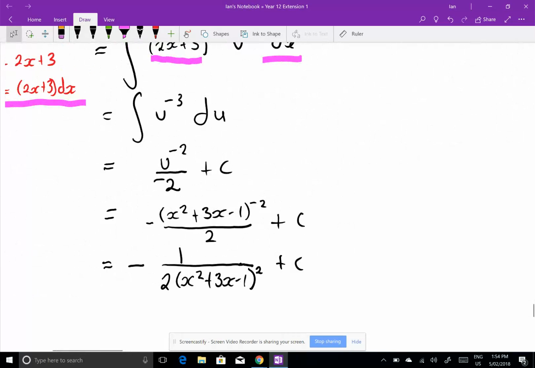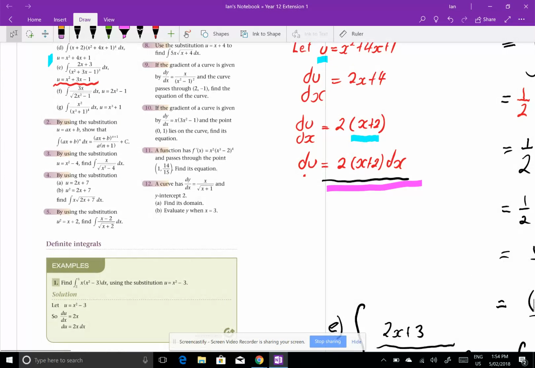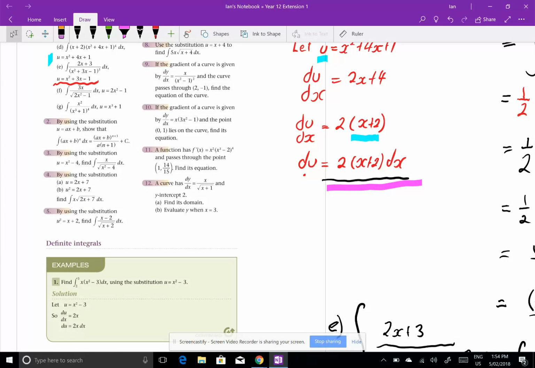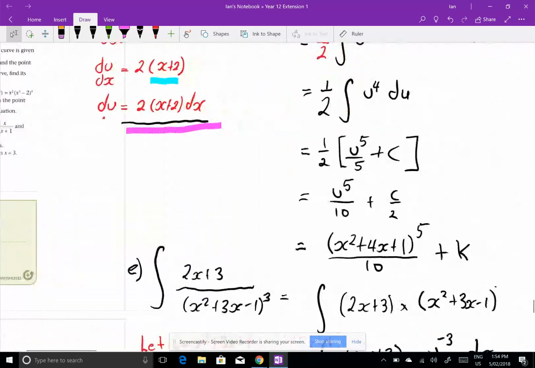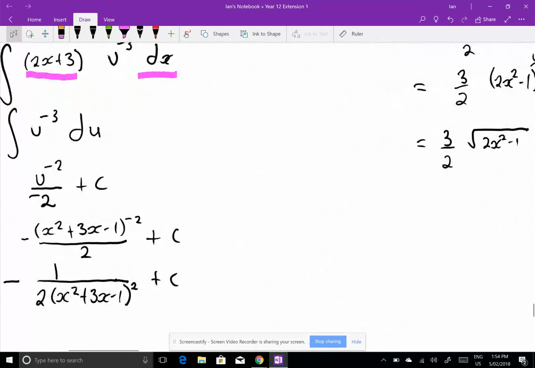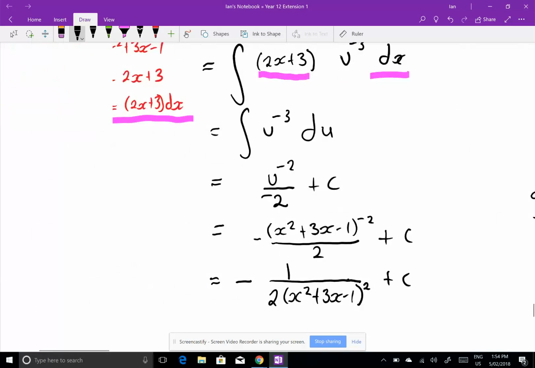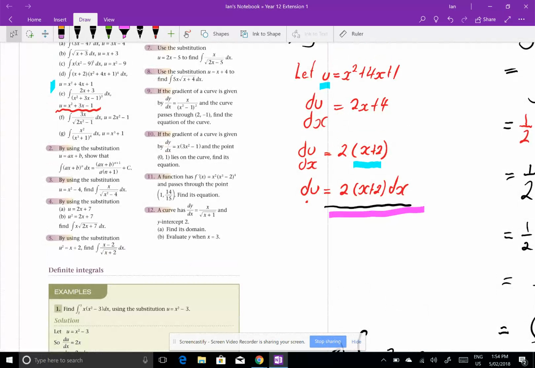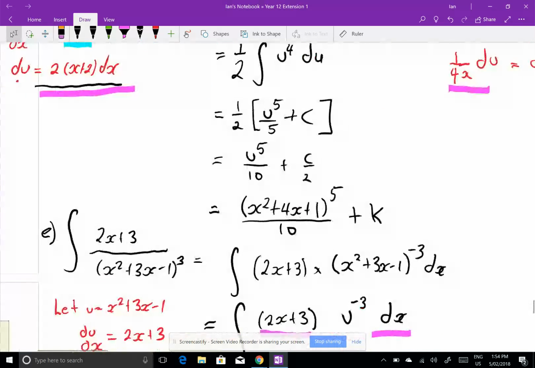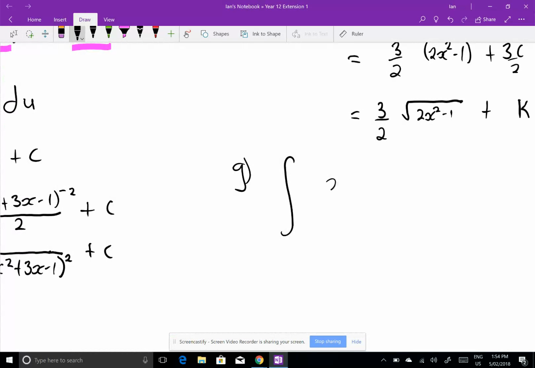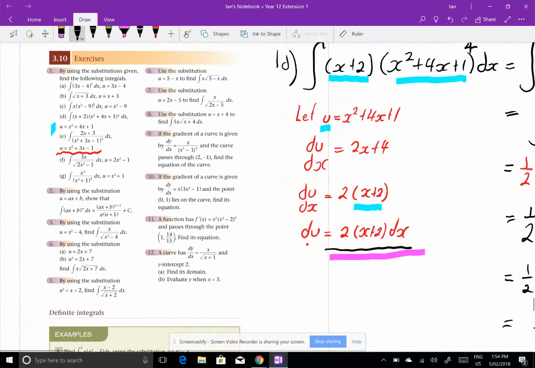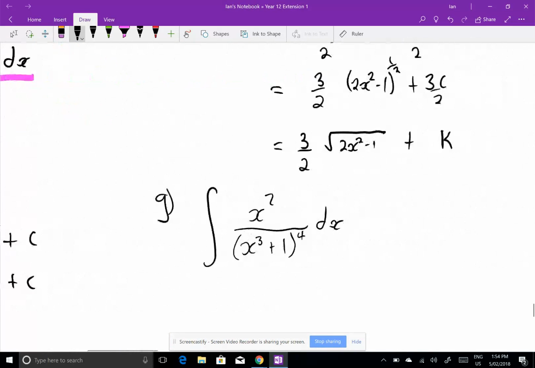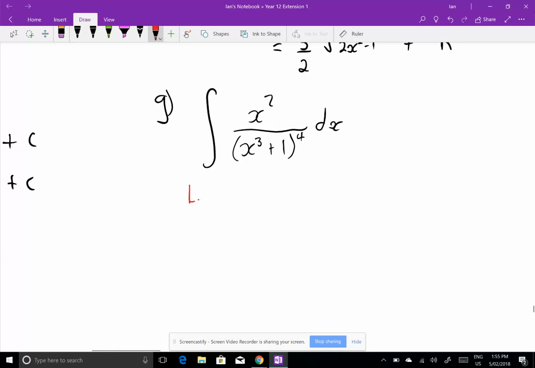Okay. So I'm now going to do G, the last one. You go and have a go at it yourself if you want, but I'll just finish this one off. So G. I've got to integrate x squared on (x cubed plus 1) to the 4, dx. Double check. x squared on x cubed plus 1, and we're using x cubed plus 1 as my substitution. So here we go. Let u equal x cubed plus 1,